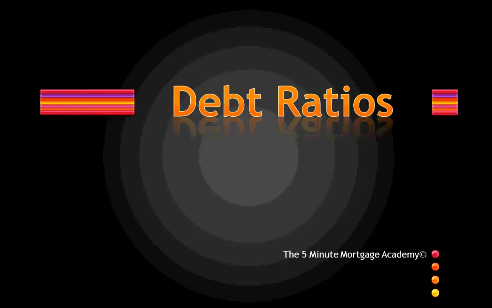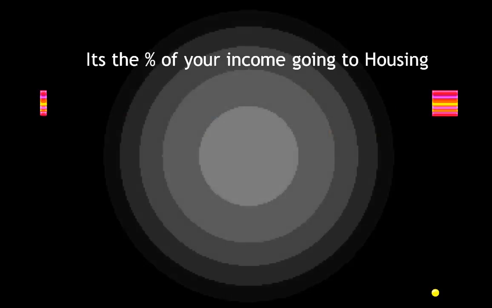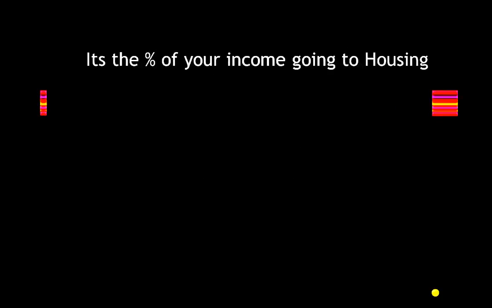Debt ratios are used throughout the mortgage industry to help underwriters and lenders make a decision how much money a borrower can afford to borrow. So a relatively straightforward concept, but one that you need to make sure you understand as you approach your decisions. All right, so the basic answer is the percentage of your income that's going towards your